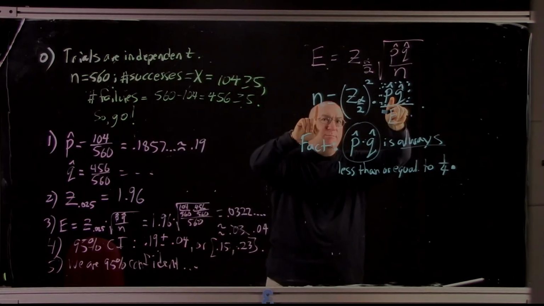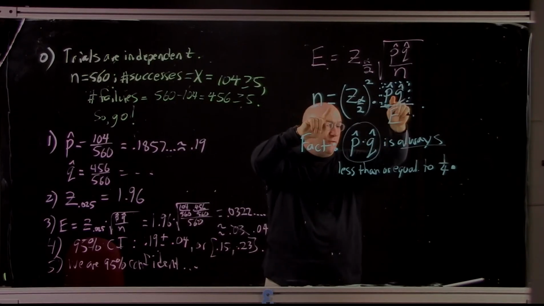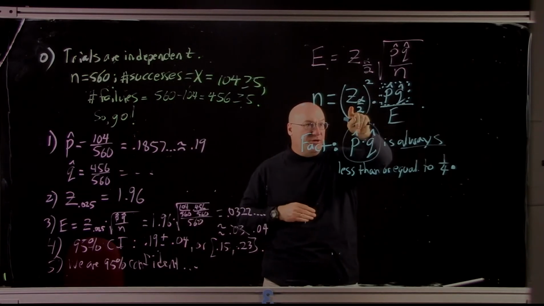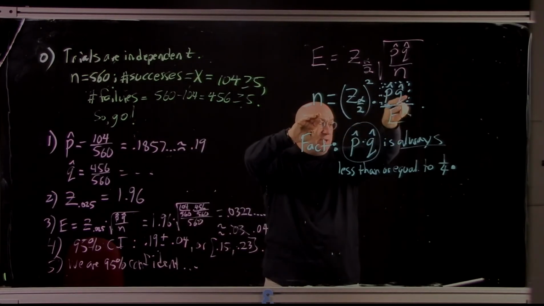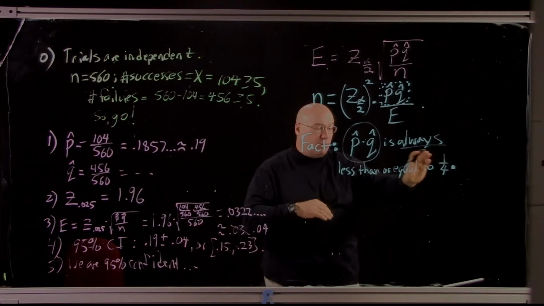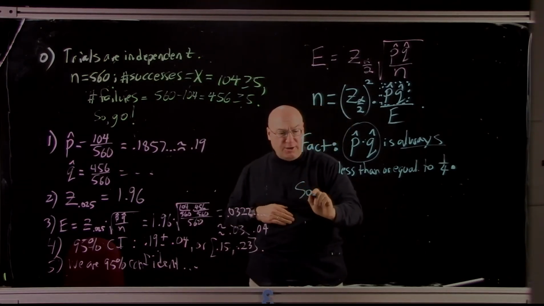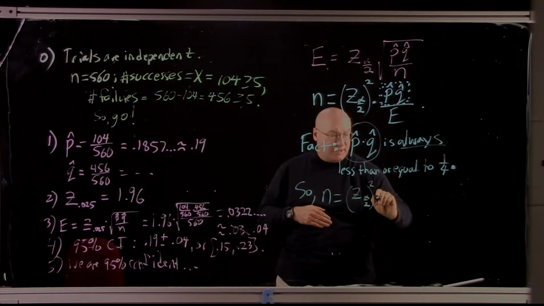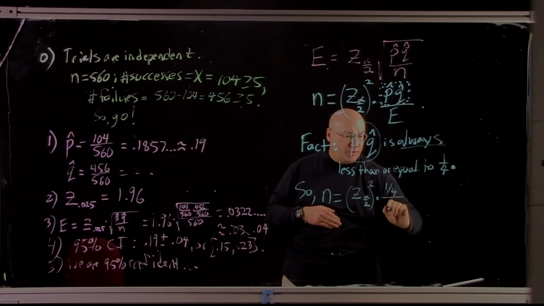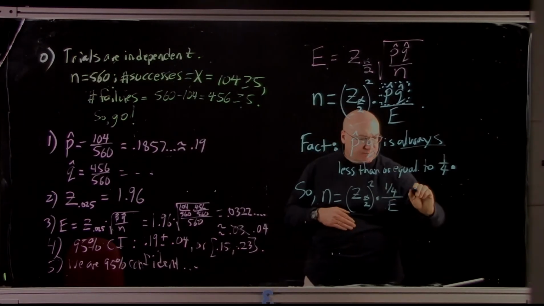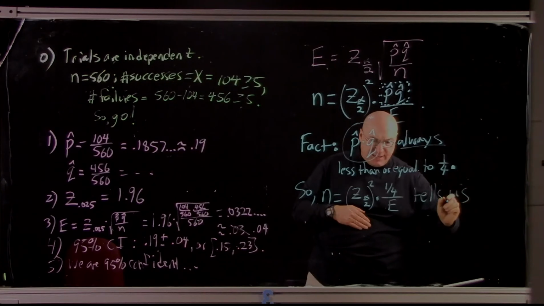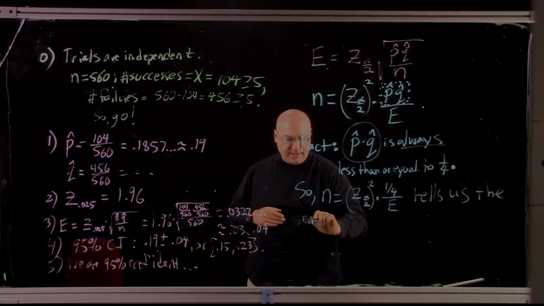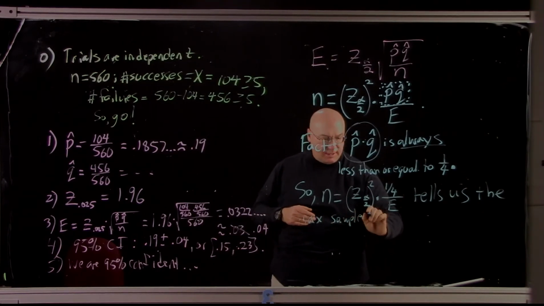So if I let my n be equal to all of this, where I put 1/4 in there, it will definitely be big enough, because p and q aren't going to be any bigger than 1/4. So n equals z alpha over 2 squared times 1/4 over e squared tells us the max sample size